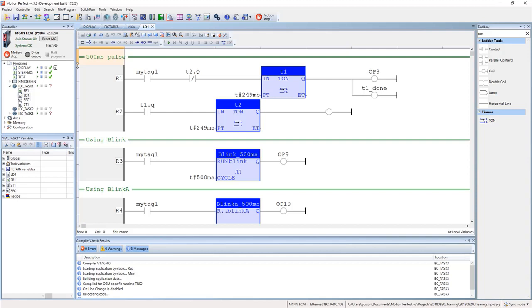Obviously it's not done initially, so it's going to start, in this case 250 on, 250 off, so it'll be a half second cycle. Then that's going to time out and activate T1 done and output 8. But T2 is referencing that. As soon as that is done, it starts the off bit. And then we're just looking at the results of output 8,